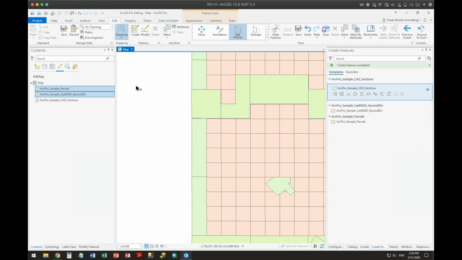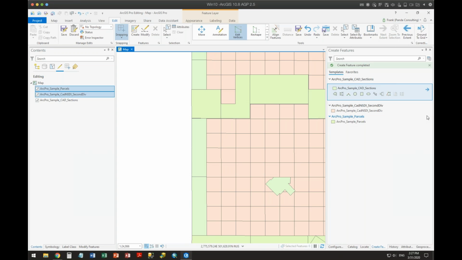So again, one of the big things that Nancy pointed out is the fact that I didn't have to start editing. I didn't have to set my target layer, the tool that I'm going to use. That's really what the feature templates are for. These feature templates have been set up where, in this case, it goes according to whatever I have symbolized in here. And okay, here's the symbolization, here's the tools that you're using, so it automatically sets it up. There will be a deep dive in setting this up further so that you set up your templates correctly for what you're going to do, so you have a multitude of templates to edit against.